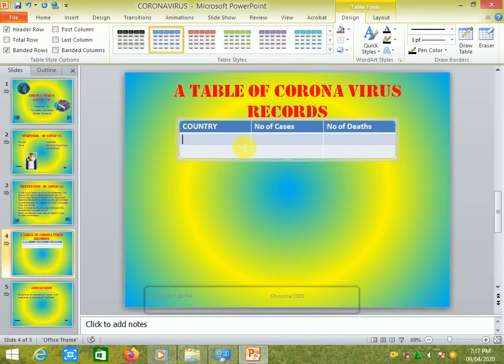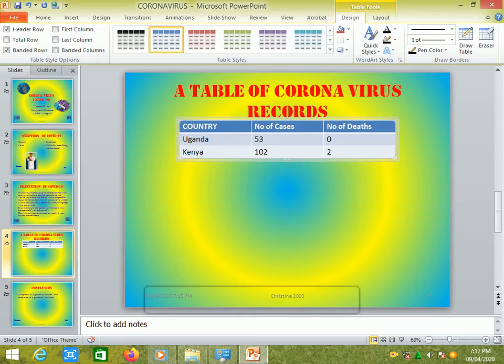We shall start with our very own Uganda, which has 53 cases and it has 0 deaths. We shall go to the neighboring country, Kenya, which has 102 cases and it has